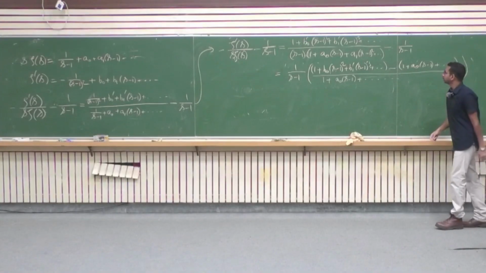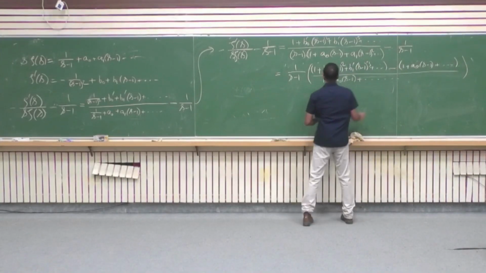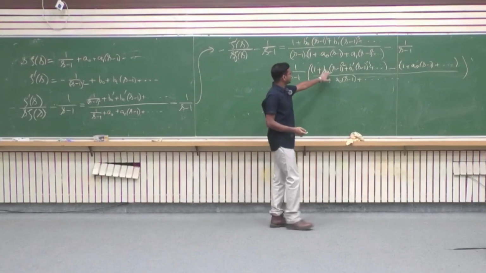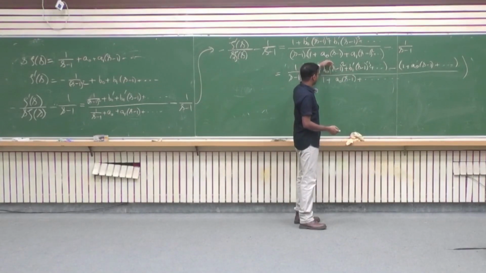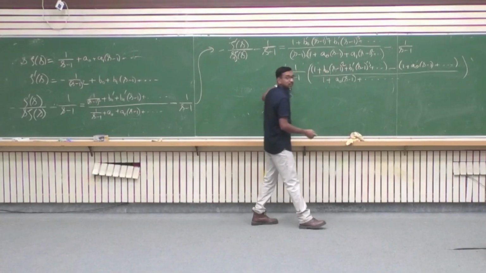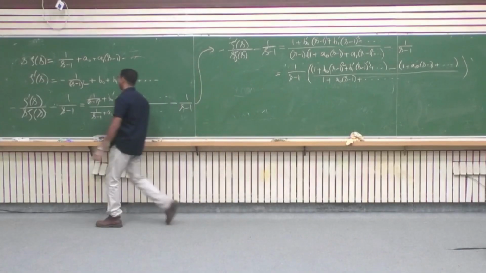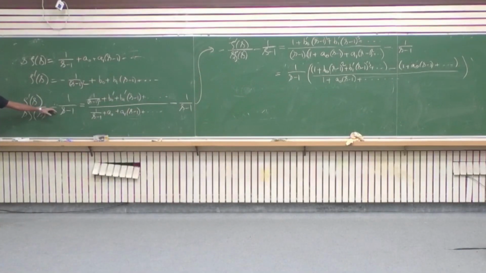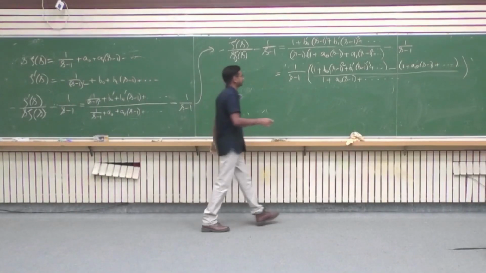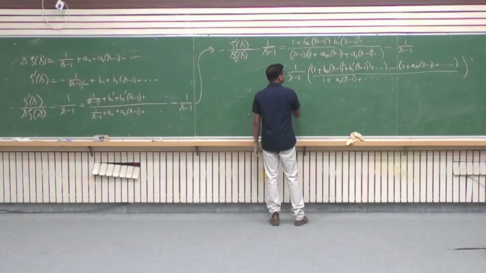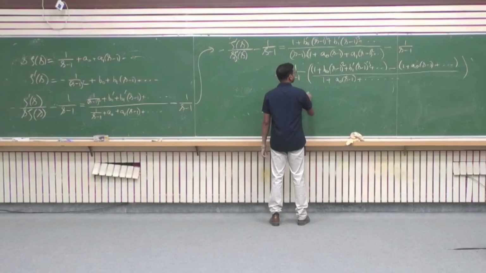So what happens, this term gets cancelled. And then there is an s minus 1 which cancels with this one. So that's what I wanted to show, that this one has a pole of order 1 with residue 1 at 1, which cancels with this one. So this one just becomes b0 times s minus 1,